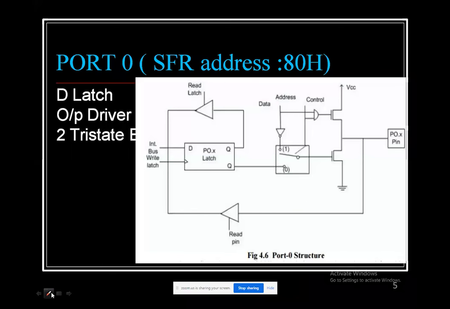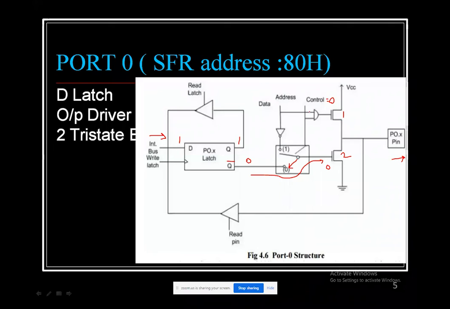Whenever we try to make it work as an output, whatever data we pass will reach over here. If we send 1, then 1 will come here, and it is Q bar, so it will definitely be 0. At the same time, for working as the input-output pins, this control should be 0. If it is 0, this pin is going to be connected over here. So this 0 will reach the input of this second FET. This is the first FET and this is the second FET.